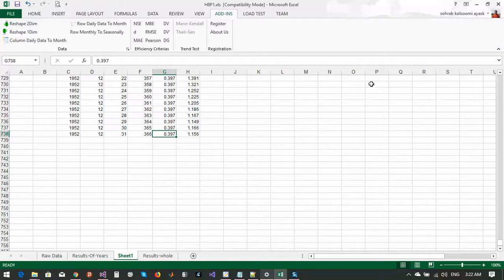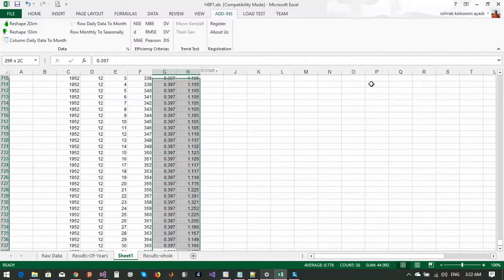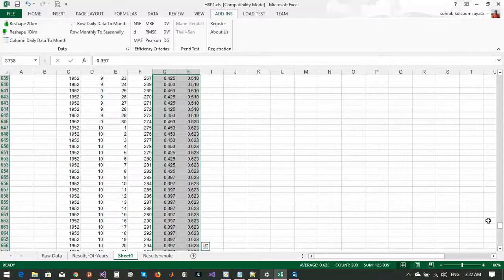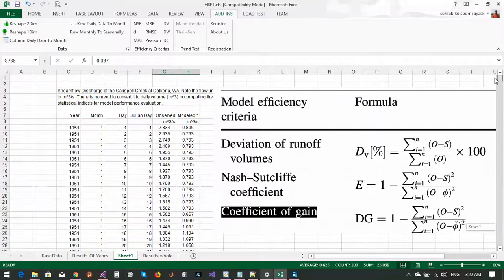Now I should get all data, these two columns. Because we have 2 years, we should select 2 3065 cells.